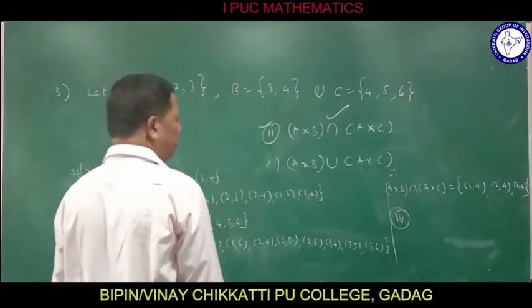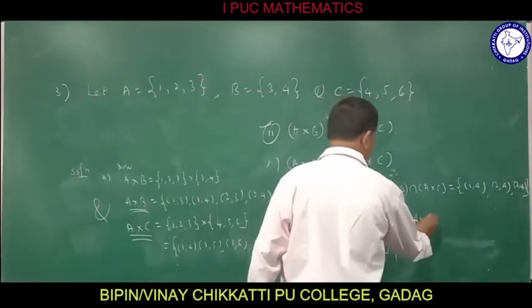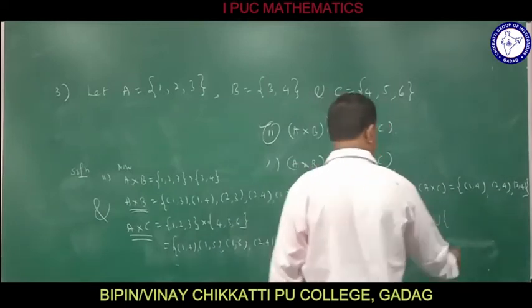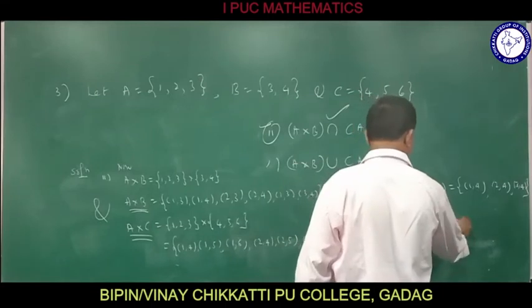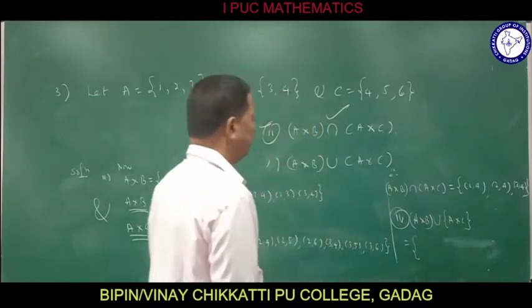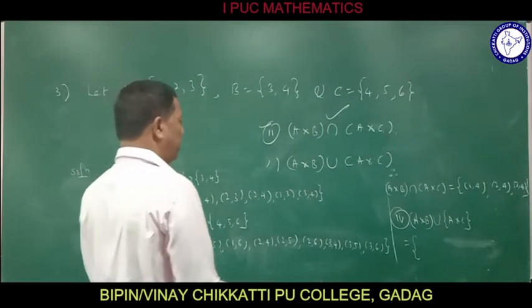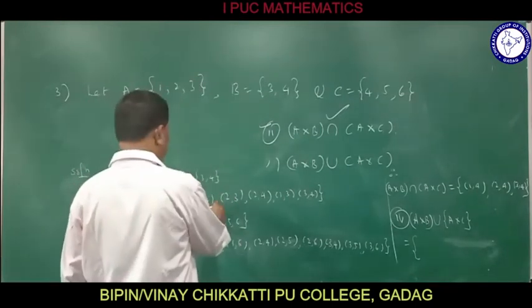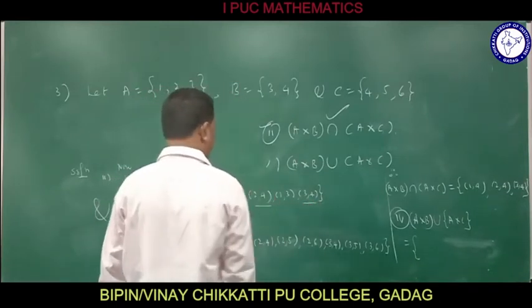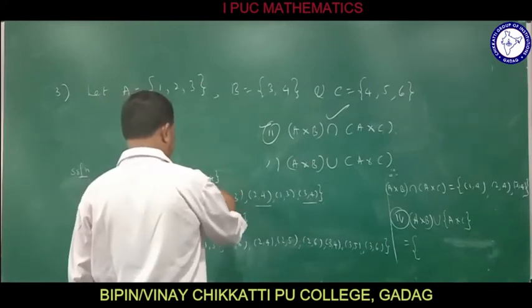Now coming to the last, fourth one. Fourth one, you have to write that union. A cross B, instead of intersection you write union. What I say here, A cross B, A cross C. Then you have to write all the elements without repetition. Which are the repetitions now here? (1,4), (2,4) and (3,4). You have to write (1,